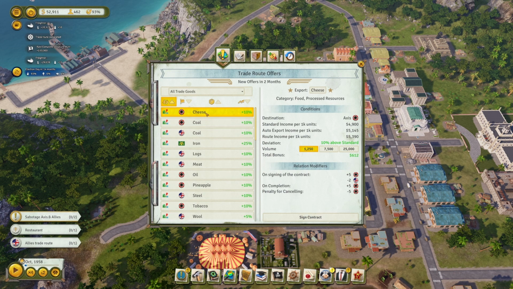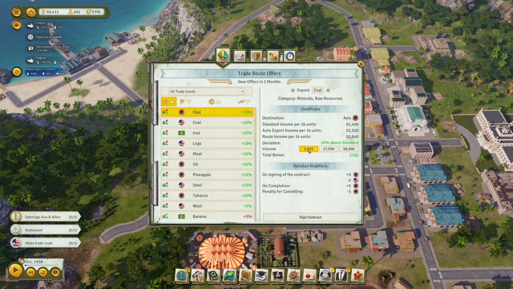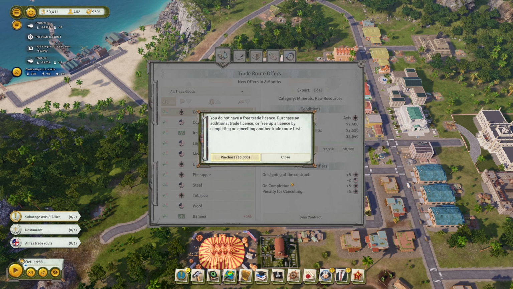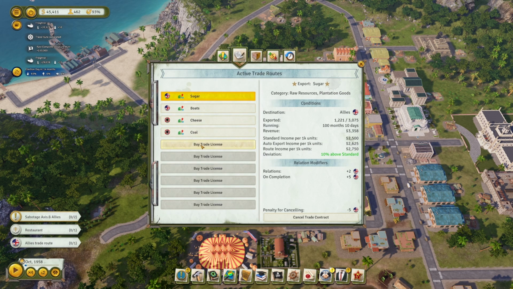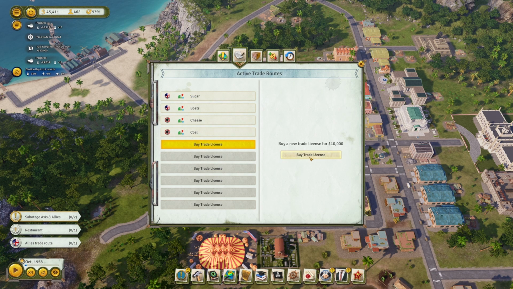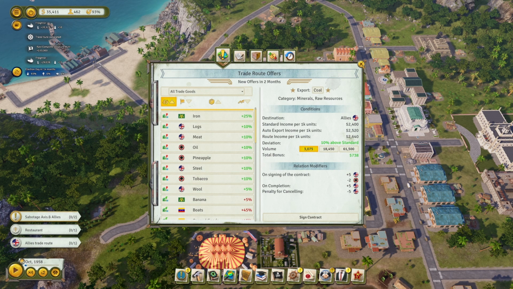And we're producing... We should be producing cheese, right? Did I put that down? I think I did. So maybe I'll do a middle one here. And a small amount of coal. Or pineapple? No, we'll do coal. And I have 45,000, so I'm going to buy one more trade route, and I'm going to try to...